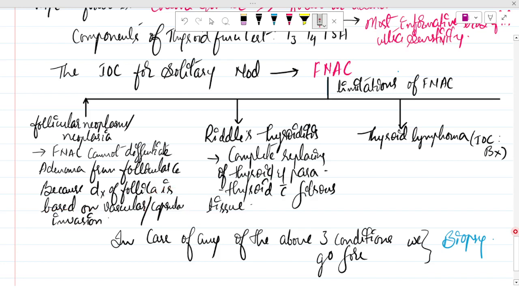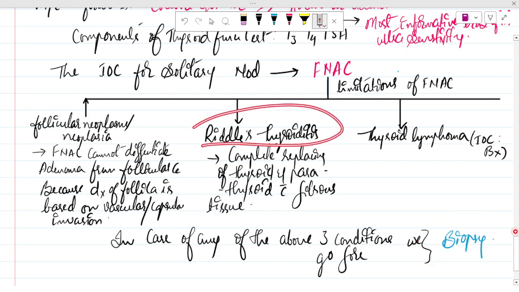If the diagnosis is based on vascular or capsular invasion, what is the point of doing FNAC? Because FNAC cannot detect those features. Only biopsy can do those things. So the investigation done in follicular neoplasm is biopsy, as well